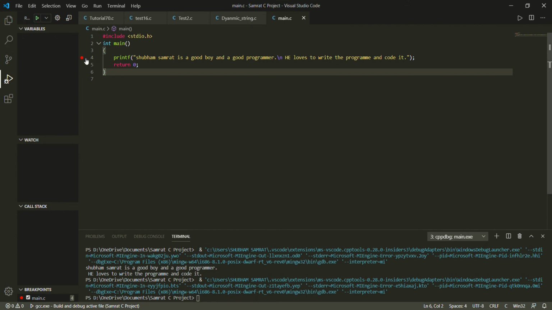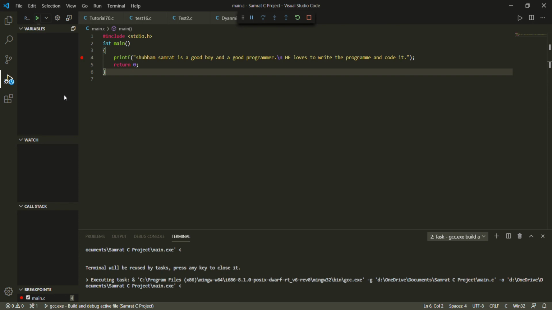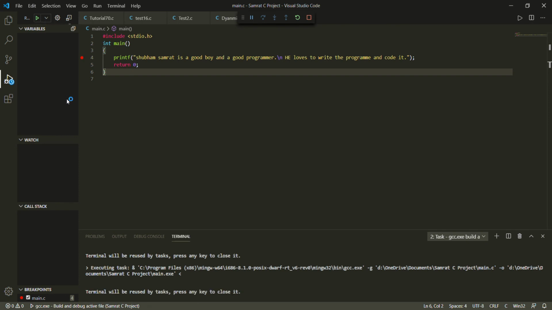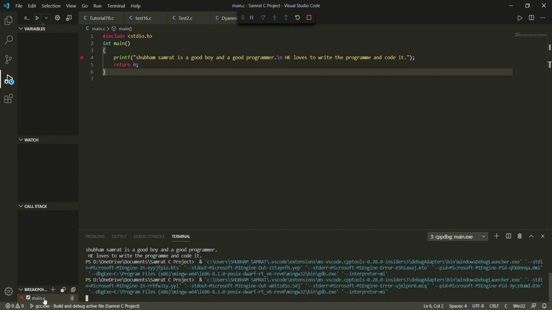Now this is the breakpoint, we'll be debugging it. Press debug, and as you can see the main frame will be loaded. The breakpoint is in main.c. The first breakpoint is